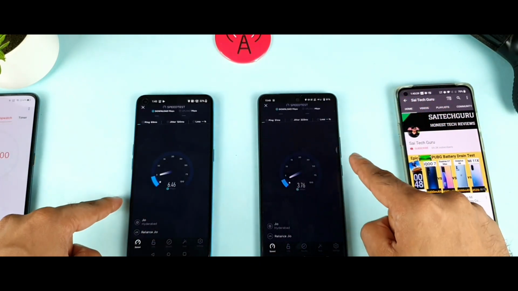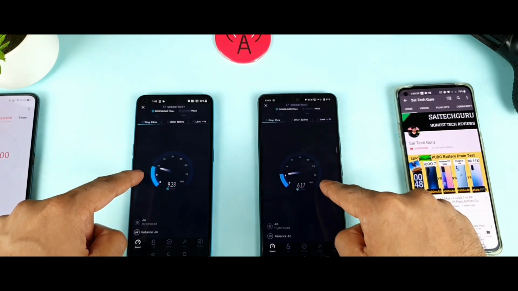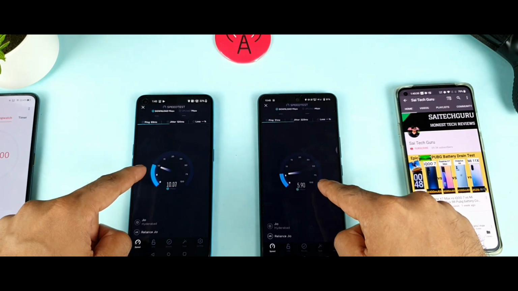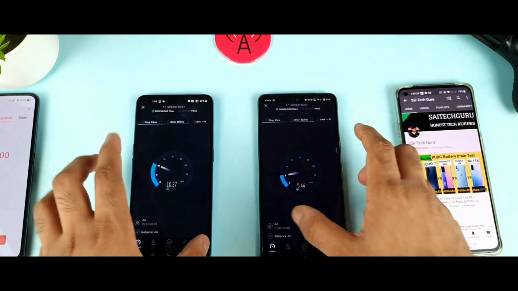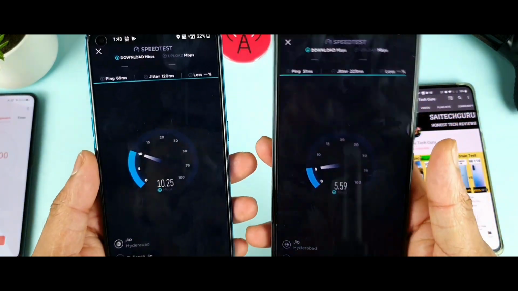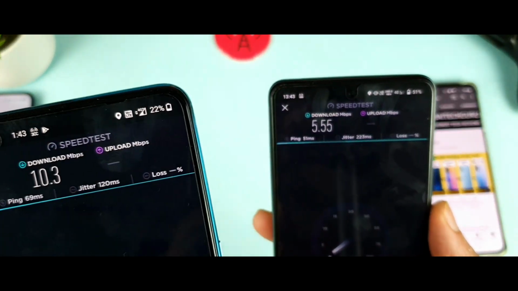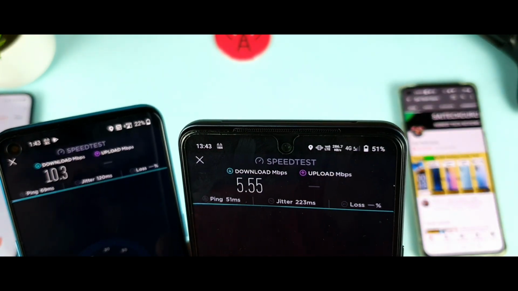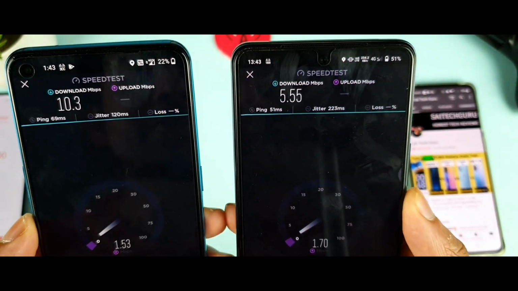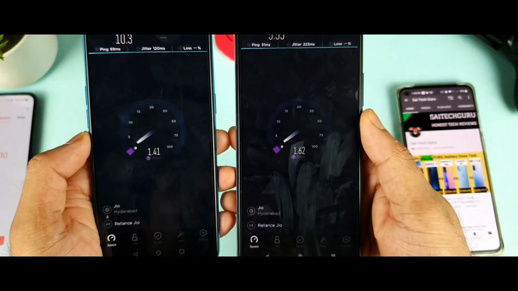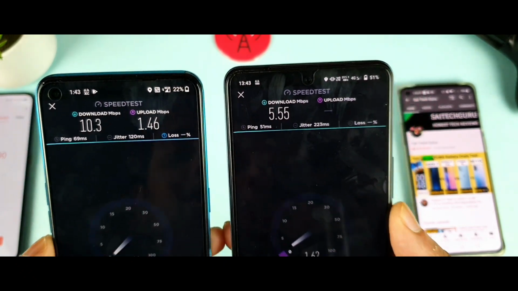Let's see. We're getting 9.78 Mbps on one and only 5 Mbps on the other. So it's about 10 Mbps and 5 Mbps on the iQOO 7. You can clearly see the difference. Definitely, friends, having 4G plus will give you double the speeds, as you can clearly see in the results. 4G plus and no 4G. The iQOO 7 is getting only one band, the 1800 band. I'm using only the Jio SIM card in both devices. You can see the difference here, and in the upload speeds as well.